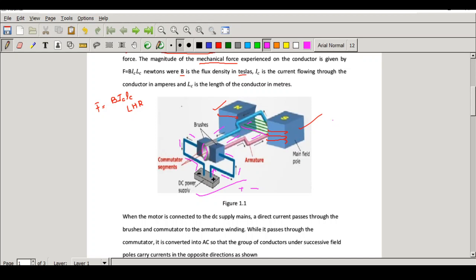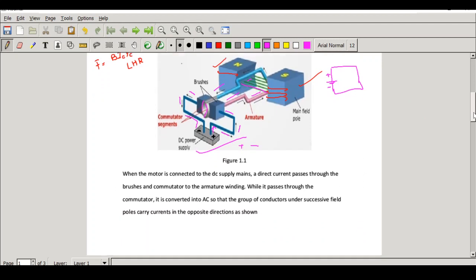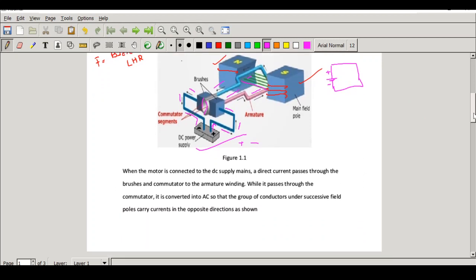So always in an electric circuit, current will flow only if it is a closed circuit. Closed circuit means starting point will be there when the current starts, and finishing point will be there, that is, it has to reach this point, then only that circuit is completed. That is what you call as closed circuit. So in the case of DC generator, you got electrical output, whereas in the case of a motor, you are giving an electrical input and thereby obtaining a mechanical output.